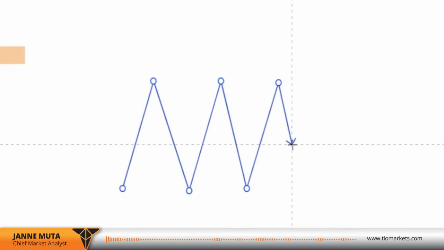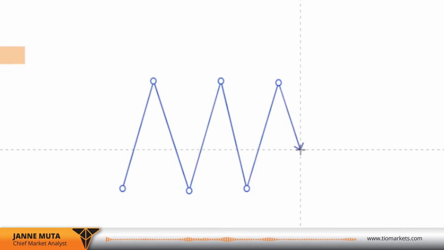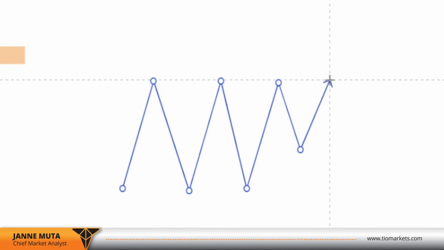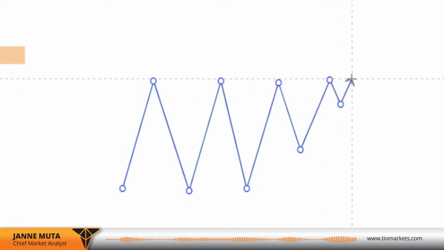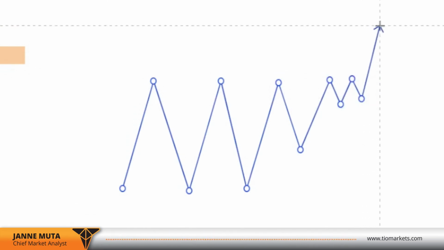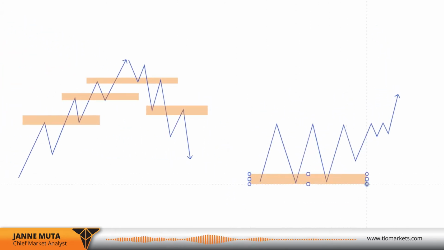Eventually, there'll come a point when the market creates, let's say, for instance, a higher low. This increases the probabilities of the market breaking outside of the range. And sometimes we get a little bit of fluctuation at the structure level, and then finally the market breaks out. So now we have a very good understanding of what the market structure is about in ranges,